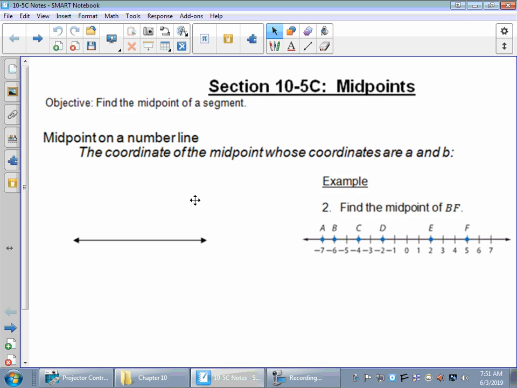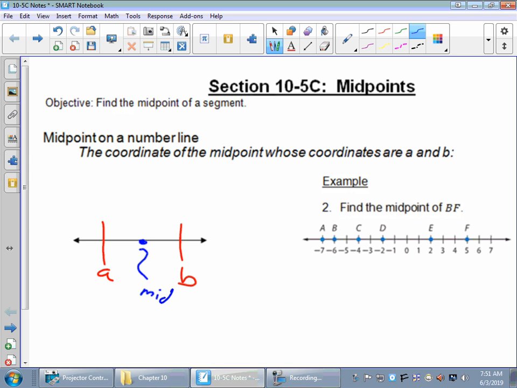So we're going to find midpoints now. Midpoint, if you're on the number line, is pretty simple. It's the coordinate of the midpoint whose coordinates are A and B. So you're looking at the point between those two. So if you had, say, point A right here and point B right here, your midpoint would be somewhere in the middle, directly in the middle. It's kind of just like what it says. That is your midpoint